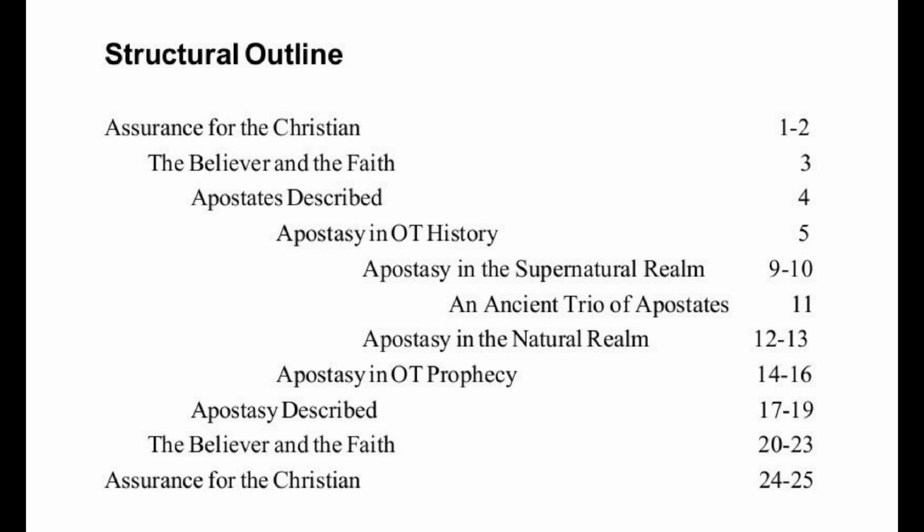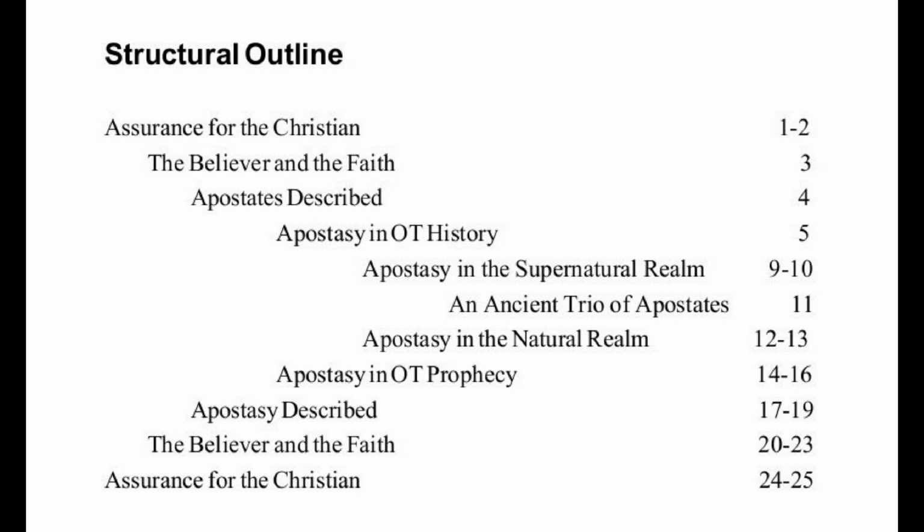The first one is assurance for the Christian, that's verses 1 and 2. The second section is the believer and the faith, verse 3. The third part is apostates described, verse 4. The next section is apostasy in Old Testament history, and that's verses 5 through 8. That'll be quite an interesting survey. The next section is apostasy in the supernatural realm, verses 9 and 10. That's the spooky stuff. Then we have verse 11, which is sort of the fulcrum for the whole structure here,